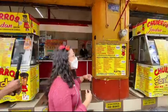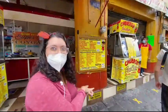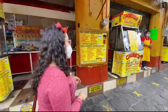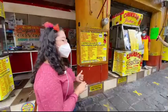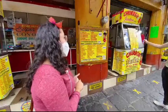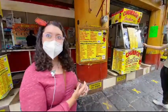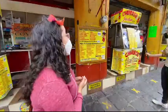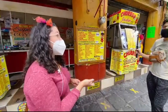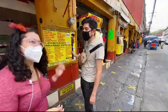Yeah, let's do it. One important and famous thing about Coyoacán is that you will have churros filled with anything you like. For example, you can have chocolate, peach, mango, condensed milk. What else? And what's the jocote? The jocote, it's a fruit. It's like a guava, but...